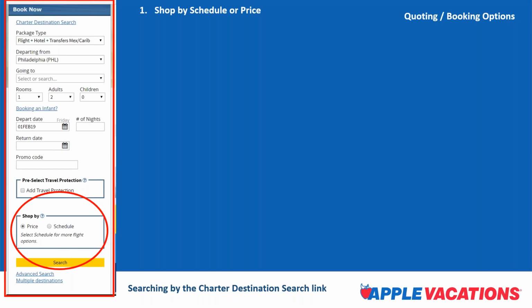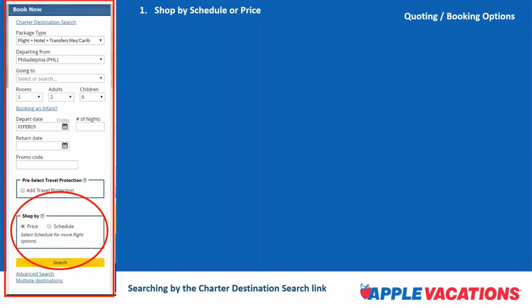So in that case, you may want to shop by schedule, but more times than not, you're going to shop by price. Now, the other option is, and since Apple Vacations is a very charter-centric company, and if you're new to Apple Vacations, or new to the industry, I should say, you are aware that Apple Vacations offers exclusive vacation flights from about 20 cities across the country. We kind of loosely still refer to those as charter flights, even though from some cities across the country, these exclusive vacation flights are actually shared flights that we share with a scheduled carrier.